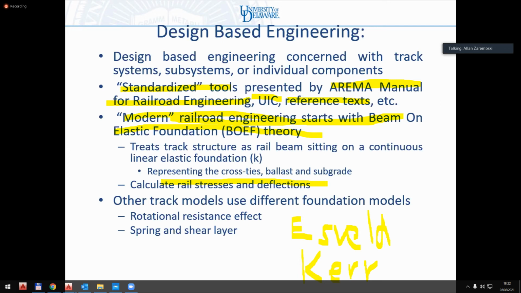And we're going to go through that today, how you can actually calculate the deflections and stresses in the rail, convert that to loads going into the sleeper, convert that into loads going into the ballast, and ultimately reduce the loads down to where they can become the subgrade. There have been other models used, different foundation models, and we'll talk about those later on, that introduce more sophisticated elements. But realistically, beam and elastic foundation theory has withstood the test of time, and it's used to this day